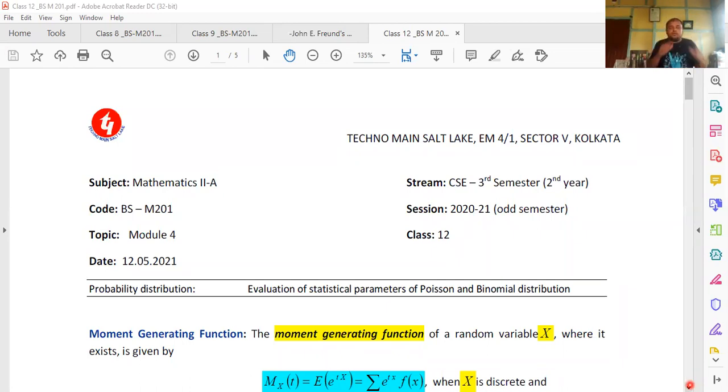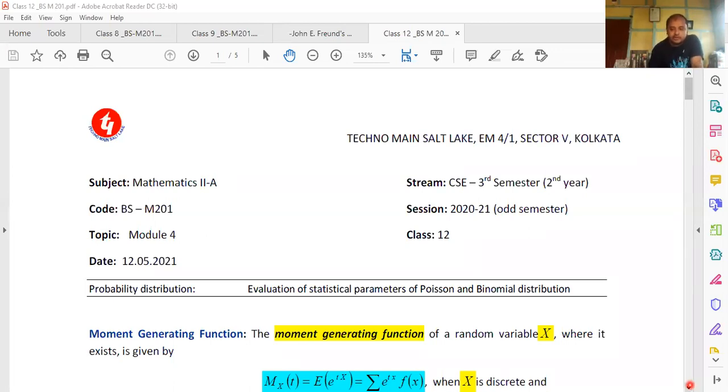And we are going to get to know what is moment generating function. By its name, we can easily understand that we are going to discuss a function which helps us to generate moments of different probability distributions. So the technique in the note gives you an idea about how to obtain the moment generating function of some known distributions. In this particular case, I have taken the case of binomial and Poisson.